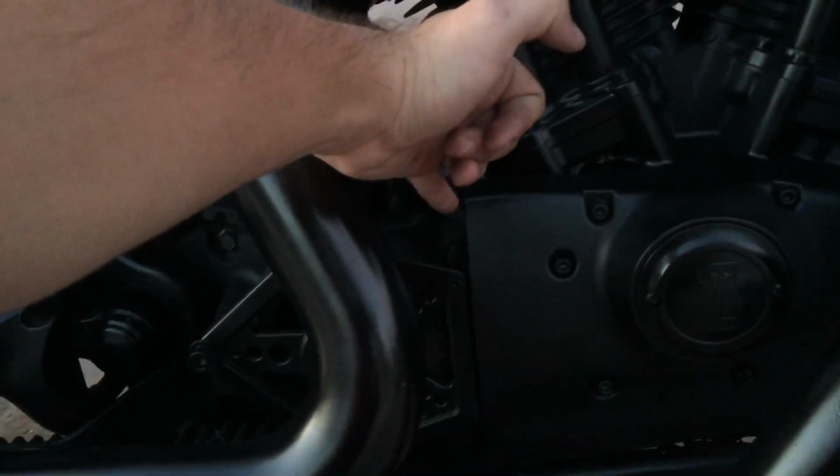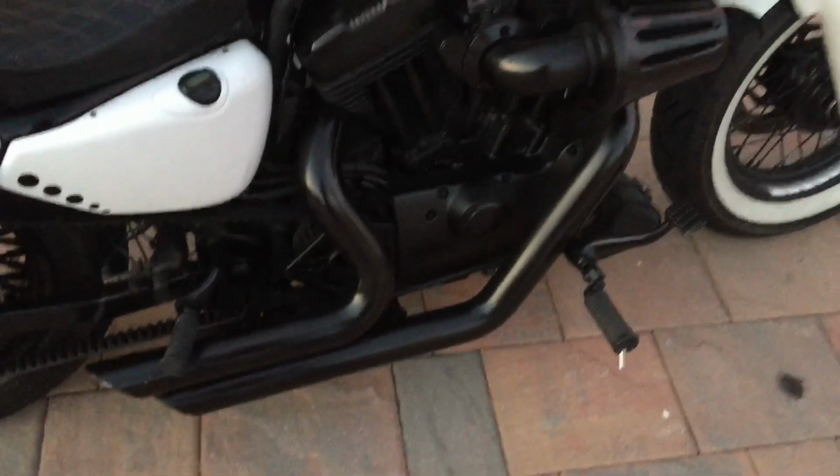Now they sell, I think, Rough Craft. It's a new company that they do pretty neat work with these covers over here for the pulley, for the belt. A lot of people take them out, but I've heard also a lot of people saying that the belt might pop off from there, and you don't want that. I got my exhaust system,